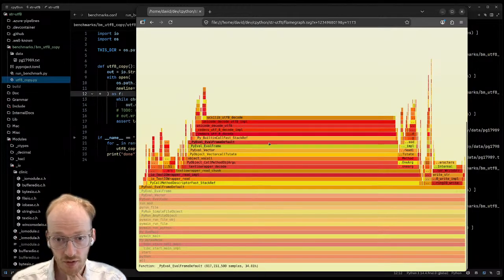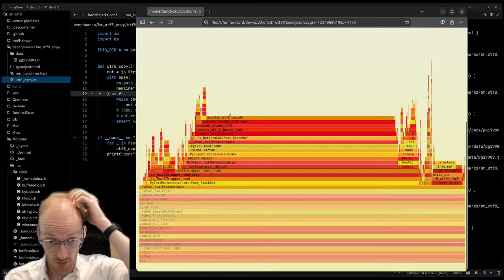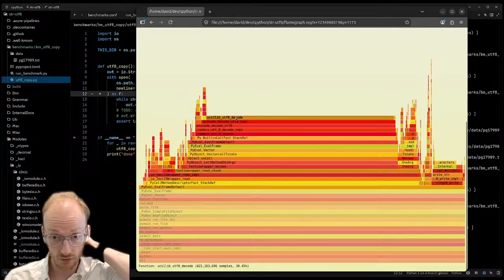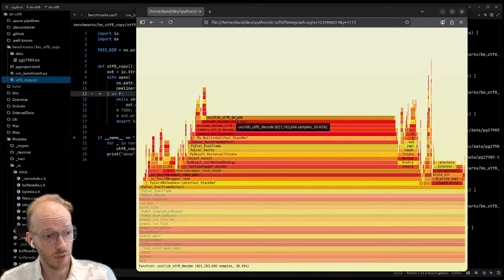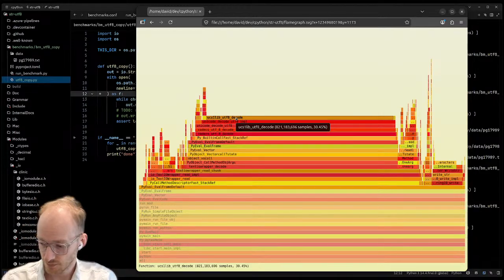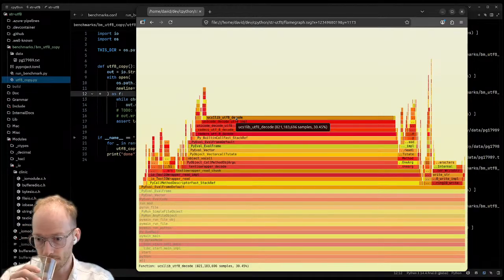So now we're looking at this bit, which must be the writing side. And that's reading. And then this is the reading side. So it's mostly falling into UCS1. It's still doing a UTF-8 decode. Which do we care about here? Possibly. So ideally, we would want to get rid of that.